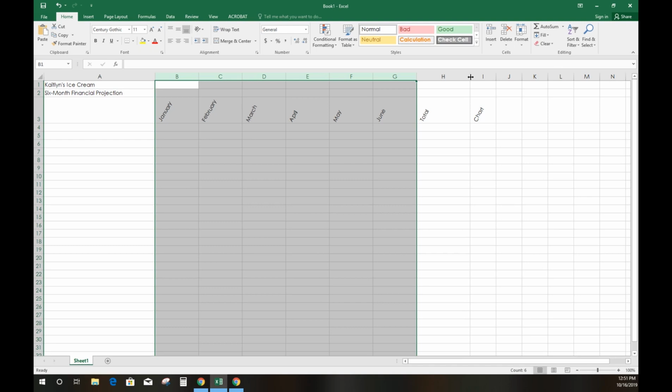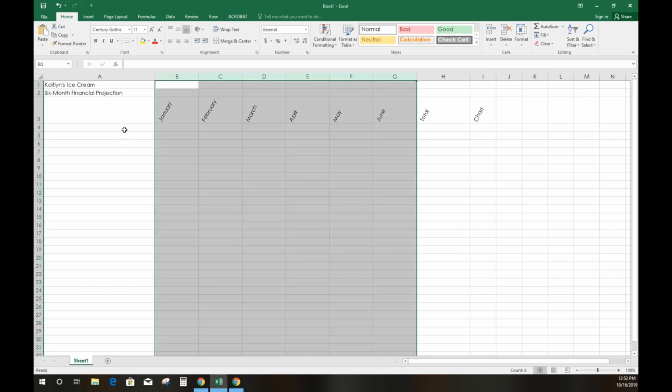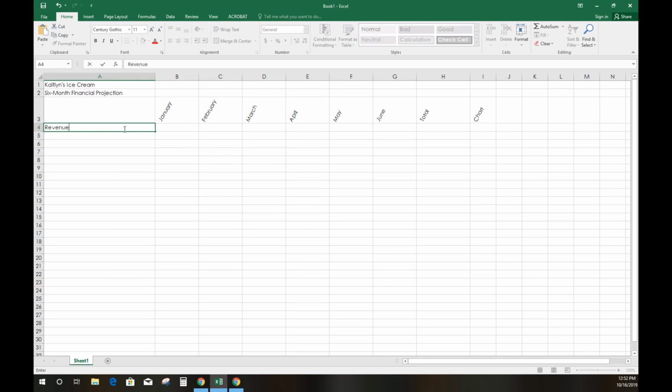Okay, next thing we're going to do is we're going to enter some titles in column A. Click in cell A4 and we're going to type in revenue, enter, cost of goods sold, enter, enter again, go back up to A6, and we're going to type in gross margin. Enter twice to A8, expenses,